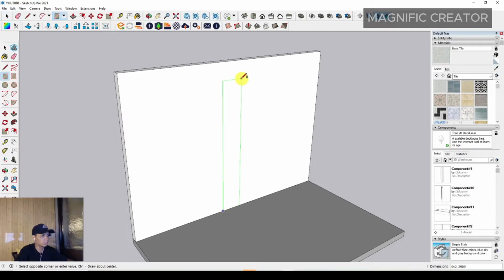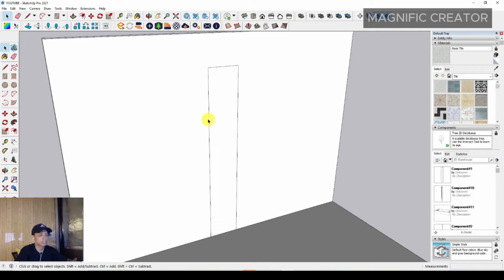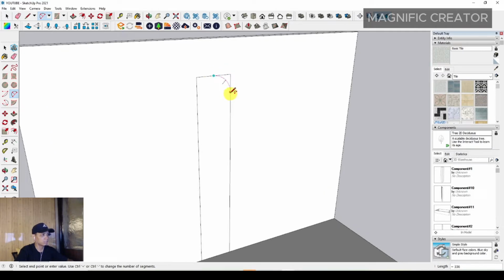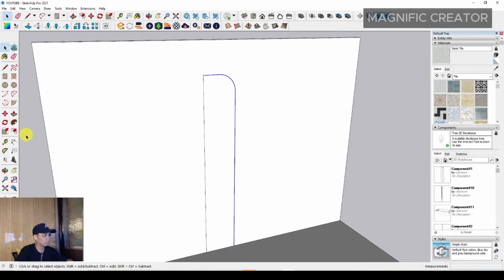You can set this rectangle with the height as proportional as possible. Okay, and then first you have to make a 2-point arc right here. You have to make a 2-point arc. Okay, and then you have to offset it to the inside. Then you have to offset with maybe as proportional, maybe it's around